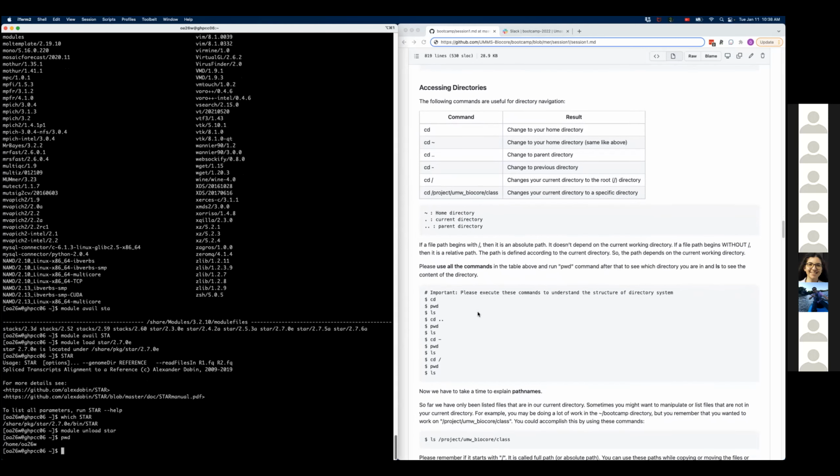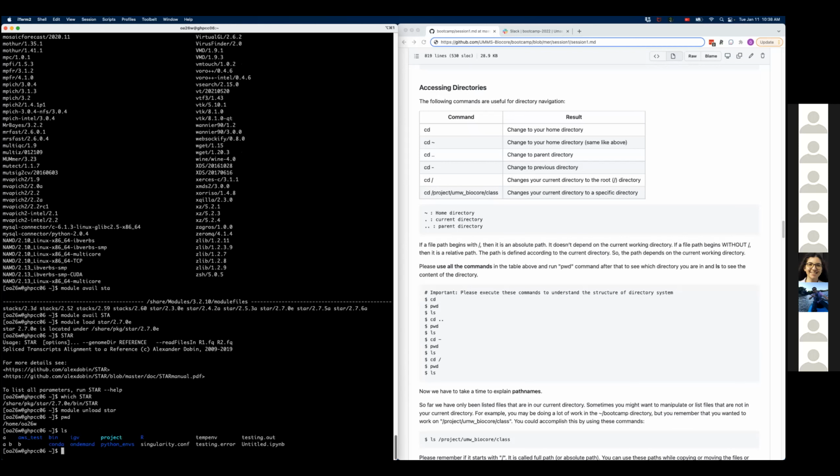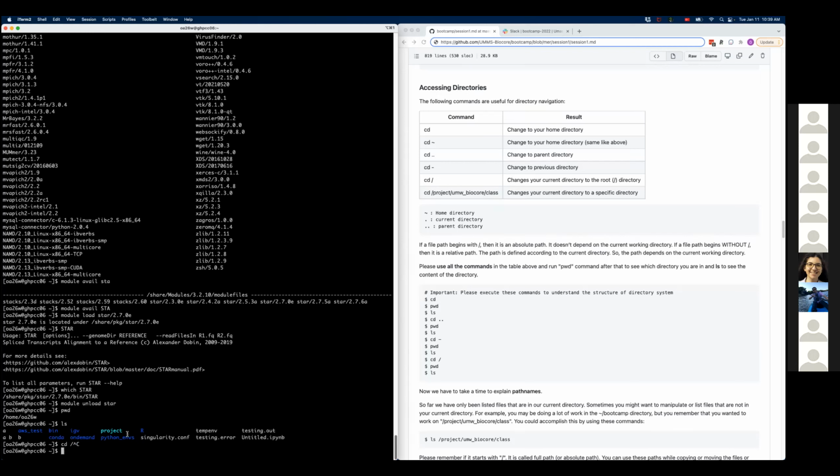And so the location is very important in the Linux system, because we are going to refer to many things in relative path, not absolute path like here. So if I'm here and I do ls, for example, it's going to list what's in my current directory. And if I want to refer to this file, I can just type singularity.conf. I don't have to do /home/OA26W/singularity.conf. But if I'm not here, let's not do that. Maybe in a minute.